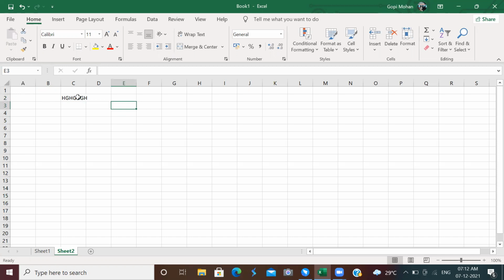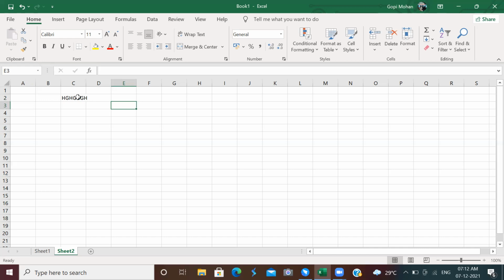Okay, how to move the active cell around the worksheet? Let us see arrow keys. If you want to move the active cell up and down, left to right, you have to use arrow keys. Arrow keys are called as what? Navigation keys. Up and down, left, right.